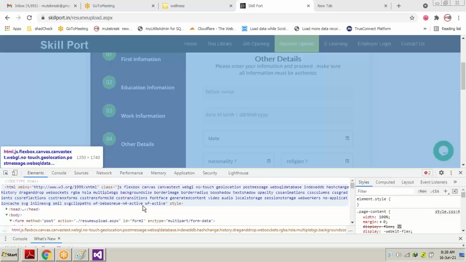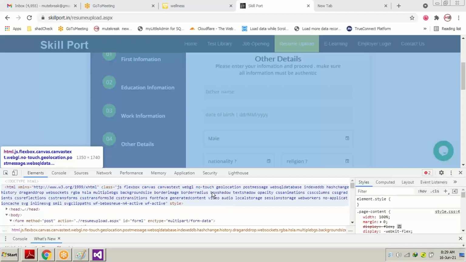For that purpose, we use inspect. We use inspect to find the source and the target of the designing part to change anything in very less time. Okay, I will be telling you in detail the use of inspect.